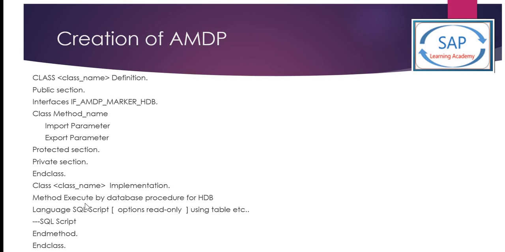here. Like method execute by database procedure for HDB, meaning that you're going to write a method here, execute by database procedure. So it will be executed by database procedure for HDB. It's a HANA DB that you're going to use, and its language is SQL script. These are the mandatory things that you have to write, and this is not mandatory, like option read only. You may write or may not write, meaning that by option you are actually allowing this method as read only,